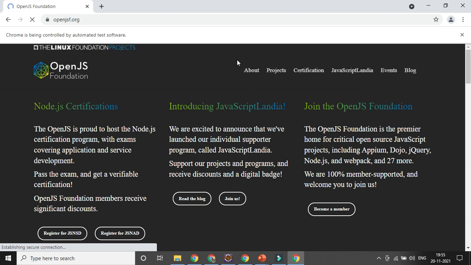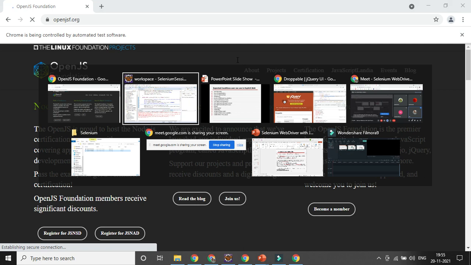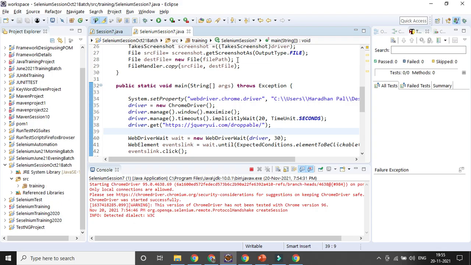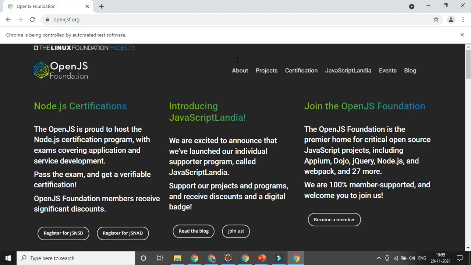So that's why, instead of waiting for the full page to load, we can go for a particular specific condition. We can give ExpectedConditions dot whatever condition we are checking, and based on the condition we can write our code. In case we are giving it 1 minute or 2 minutes, but the options perform in 5 to 10 seconds, it will wait for the condition at most. Otherwise, as and when the condition is matching, it will not take the full time.